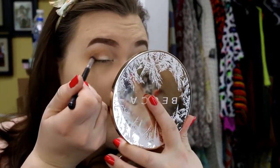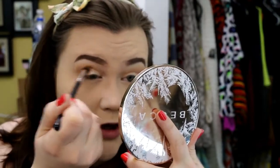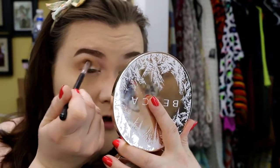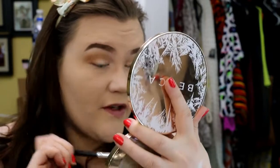So I'm going to go in first with Toasted Marshmallow, knowing that it's a shimmer, and try to work that into my crease. I don't have a problem with a predominantly shimmery lid or a predominantly shimmery cheekbone or anything like that. That doesn't bother me at all. I just feel like